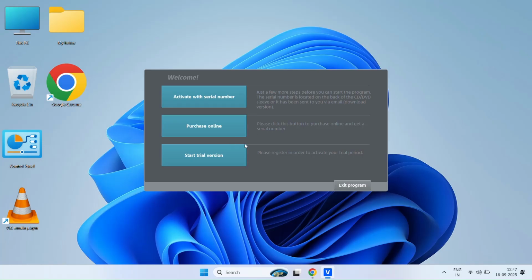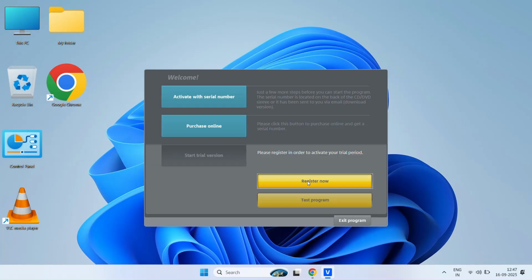Now click on Start Trial Version. After that, click on Register Now.